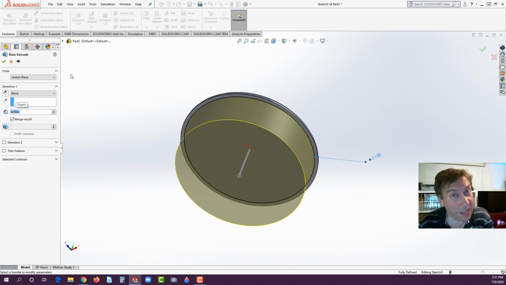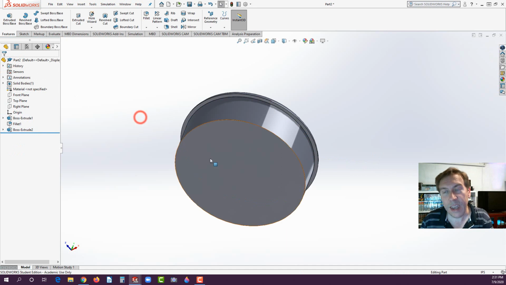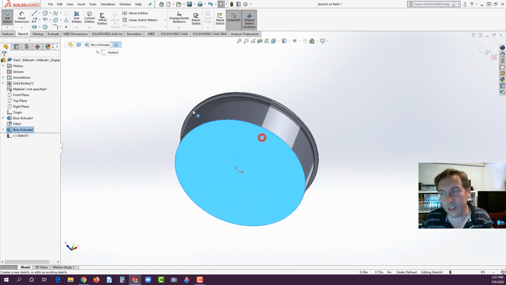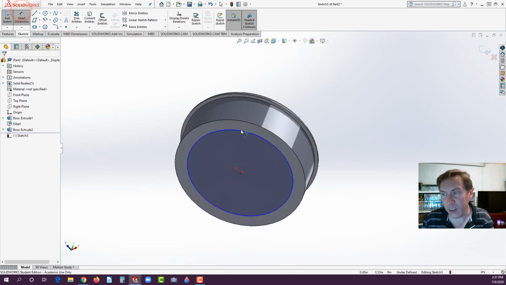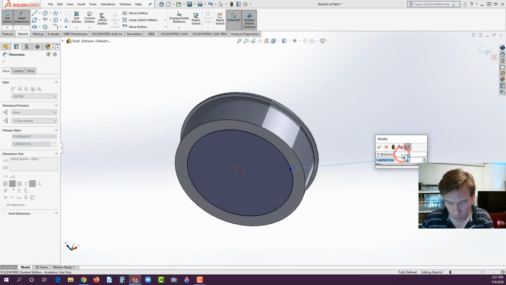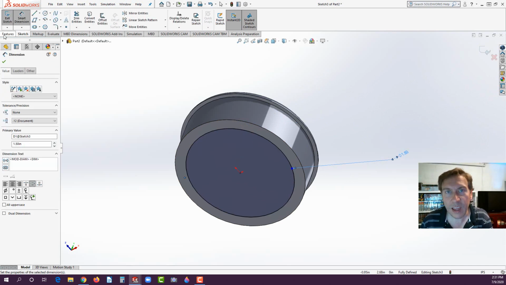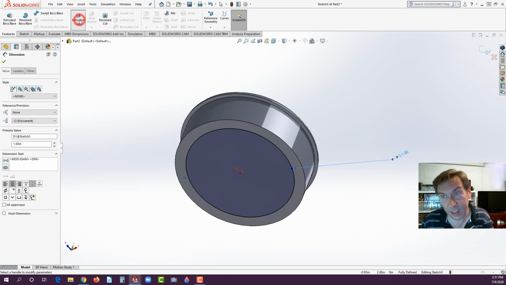And lo and behold, they make the void for the hole so that it could fit on the neck of the bottle. However, if you look carefully, it's not the same depth. So you can't do those simultaneously, at least not yet, to my knowledge. So make sure you separate them like this, because this is 0.5 for the depth. Now we could cut the hole in, start a sketch on that surface, and draw the next diameter, and this is going to match the neck, 1.5, and features, extrude, cut,